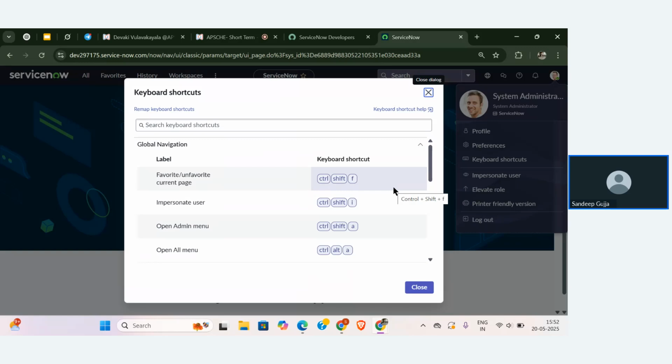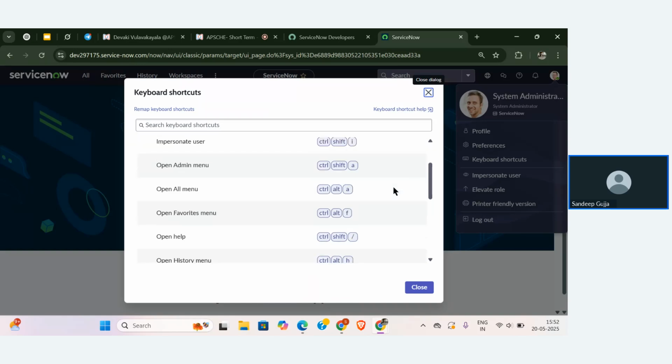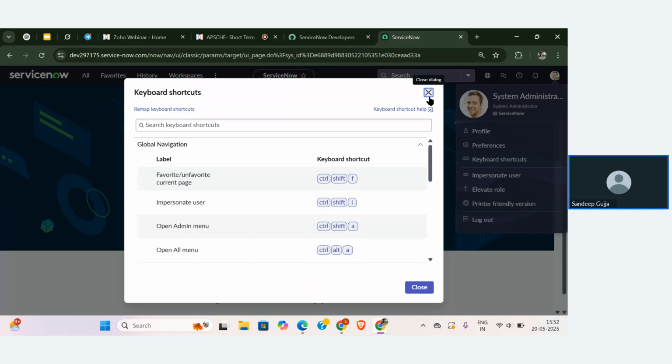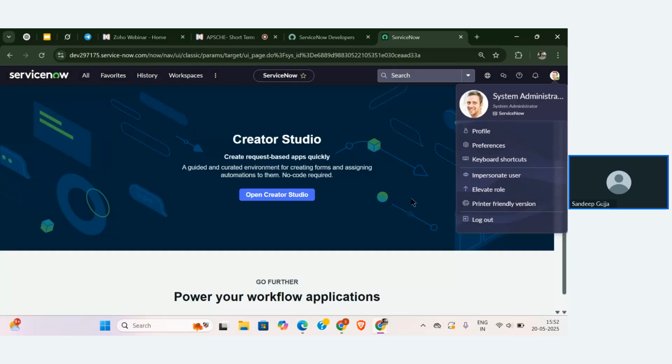You can remember these shortcuts and use them frequently if you want. These are a few shortcuts you can use to navigate directly to particular things. Suppose you want to favorite anything, you can directly use Control Shift Favorite. If you want to impersonate a user, you can directly use Control Shift I to navigate to impersonate user. So here are a few shortcuts that we can use in the platform.